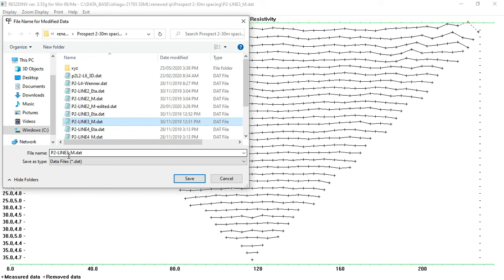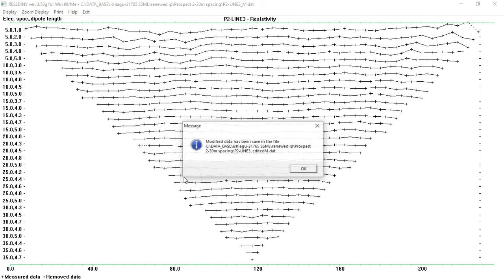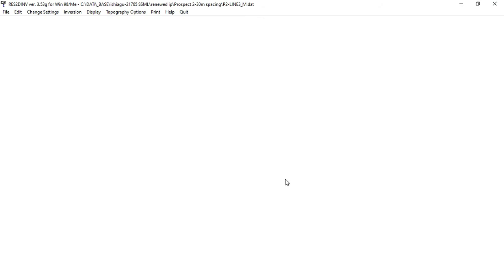You can save this as edited. So always try to save it differently from the original so that you wouldn't have modified the original data. So with that option, you've actually finished